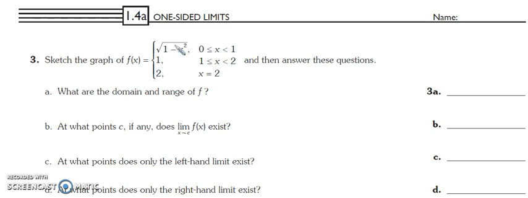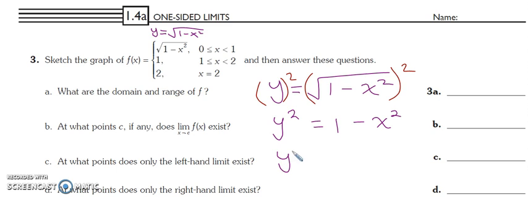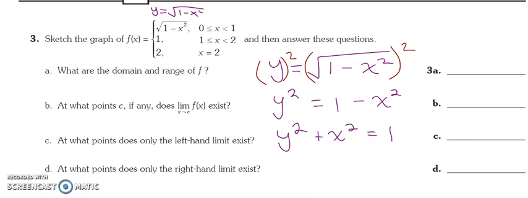Now, one thing that I need you to understand is that when you're given a piecewise function like the square root of 1 minus x squared, this is like having y equals the square root of 1 minus x squared. Let's square both sides to have y squared equals 1 minus x squared, and then we add x squared to both sides, we have y squared plus x squared equals 1. And if I rearrange this a little,